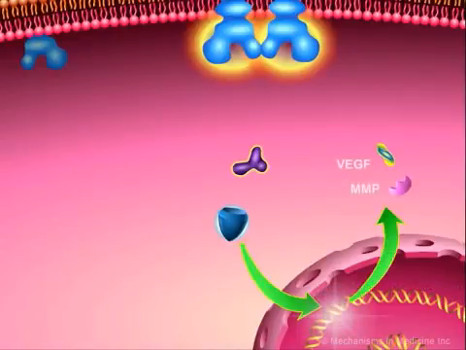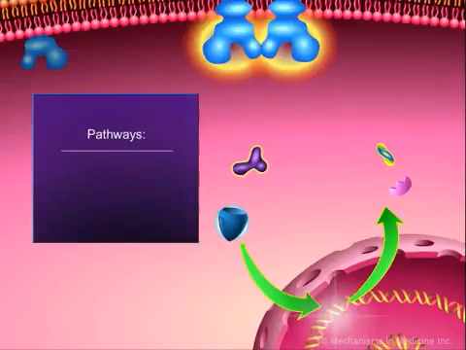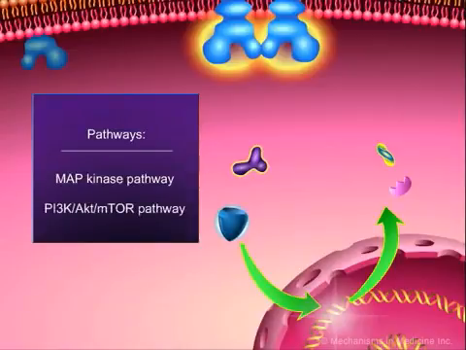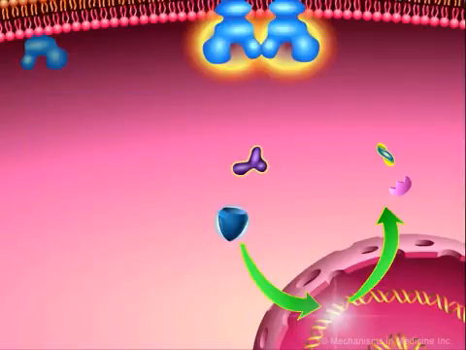One of the major cascades implicated in cancers is the Ras-Raf mitogen-activated protein, or MAP, kinase pathway. Another interesting pathway is the phosphoinositide 3 kinase, or PI3K, AKT, mammalian target of rapamycin, or mTOR pathway. These pathways are linked to each other and other signal transduction pathways in the cell. Deregulation or loss of normal controls in any of these pathways is thought to be present in all human tumors.